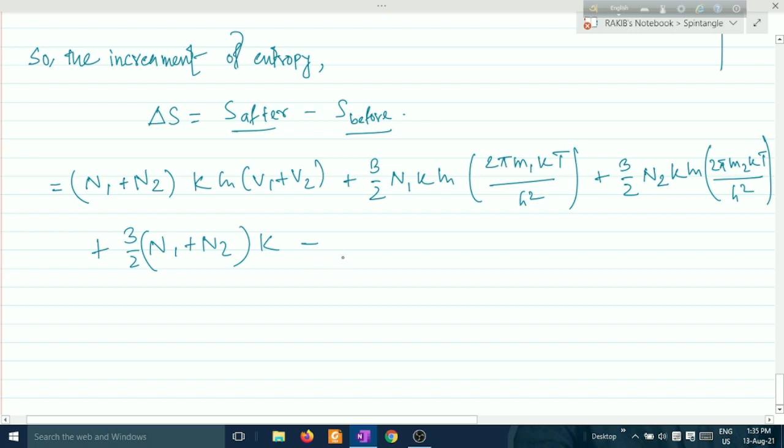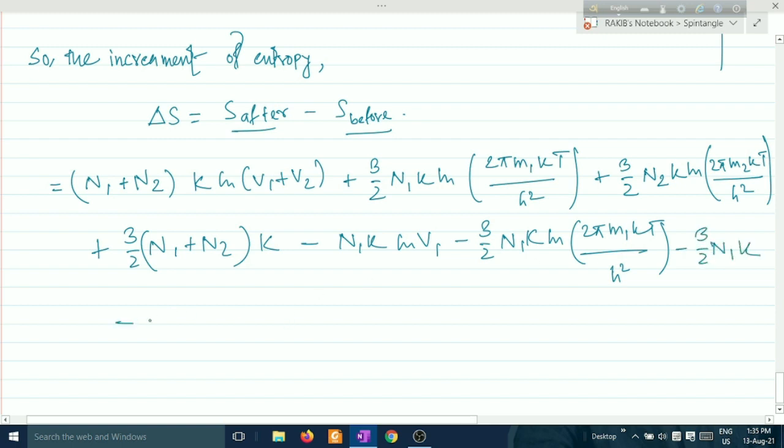What is the S before here? n1k ln v1 minus 3/2 n1k ln(2π m1 kT/h²) minus 3/2 n1k, minus n2k ln v2 minus 3/2 n2k ln(2π m2 kT/h²)